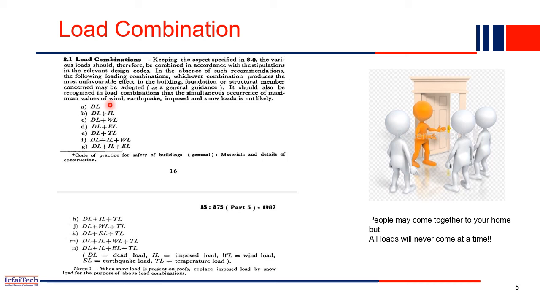But if you construct a structure in the northern region, then earthquake load may be higher, but wind load may be less. So that's why different load combinations have been given by our IS code, IS 456. So we have to compute all the parameters for a structure, and whichever is more, that only we have to take for the structural analysis. It is very unlikely that earthquake load, wind load and snow load will all act together. When the earthquake is happening, there may not be wind load acting on it. If you consider all loads together, then the load parameter will increase very much, and ultimately the cost of construction will also increase.